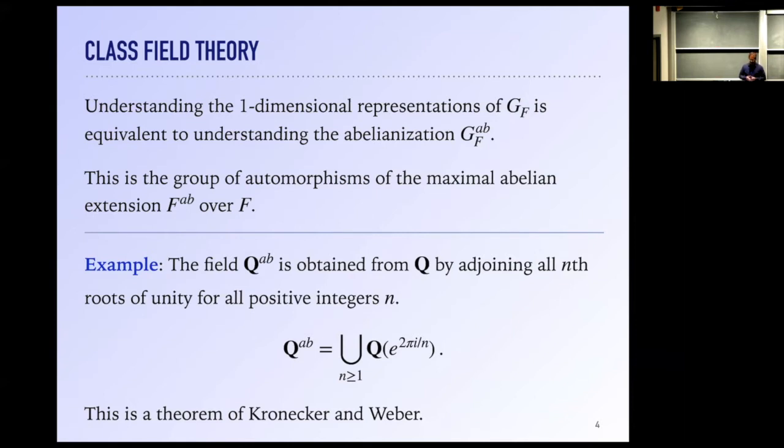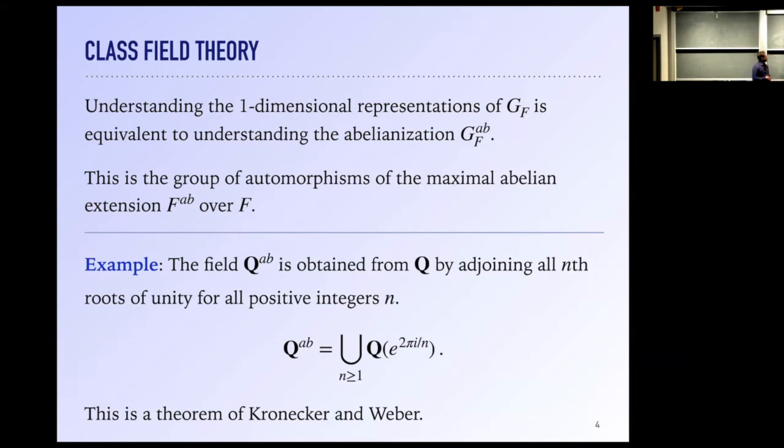And this is known as the Kronecker-Weber theorem. This is a classical, very famous result. It's one of the very first examples you do in Galois theory: if you take the field of nth roots of unity,